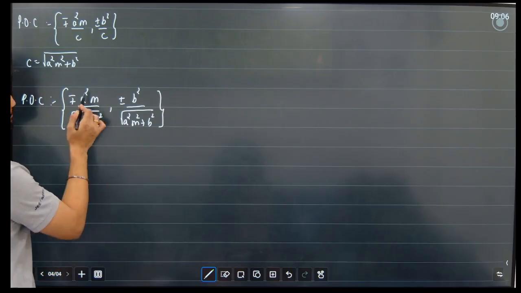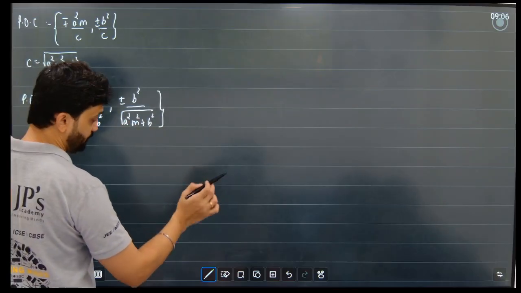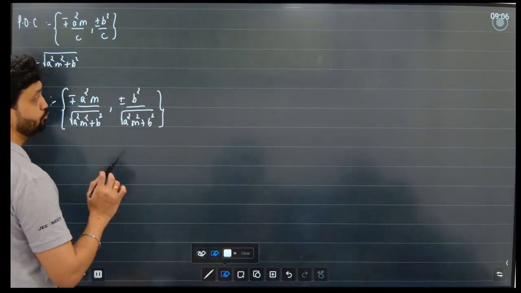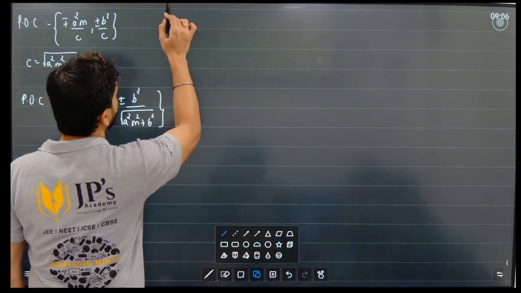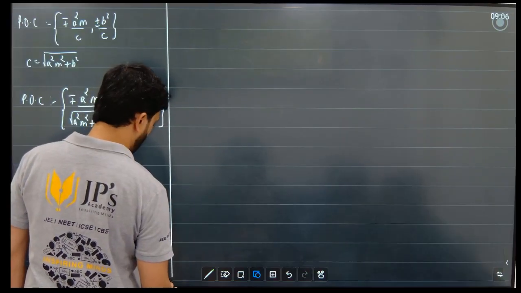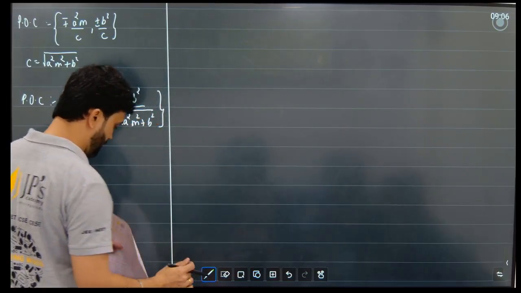Now it can be any of the four quadrants. It can be the second quadrant, first quadrant, third quadrant, or fourth quadrant. It can touch the ellipse anywhere. So you just have to understand where the point of contact will be. Okay. Now,